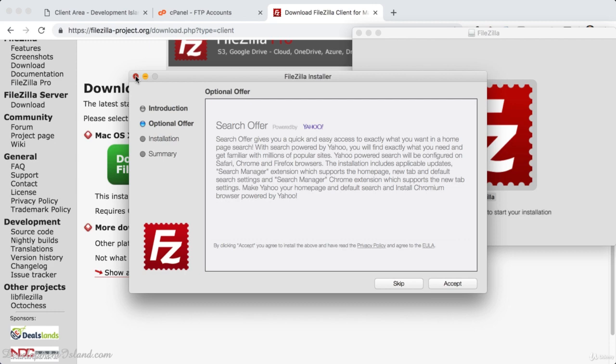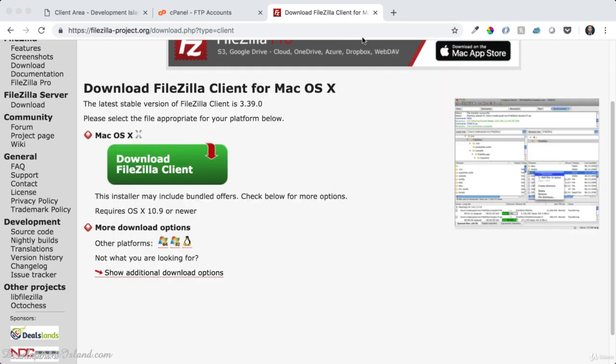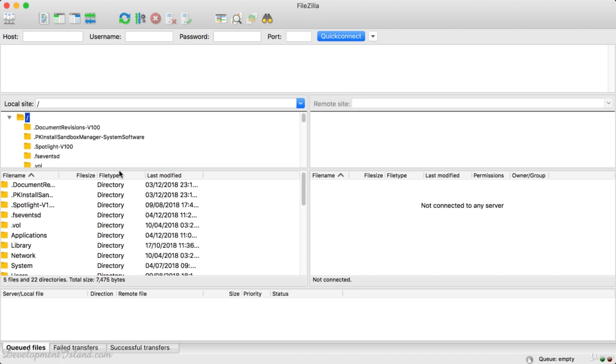All right. So now once you installed FileZilla, you can open it like that. All right. And on the left-hand side, you can see files on your computer. Now on the right-hand side, we don't see anything because we haven't connected yet to any server. All right, so now we need to connect to the server. So to do this,